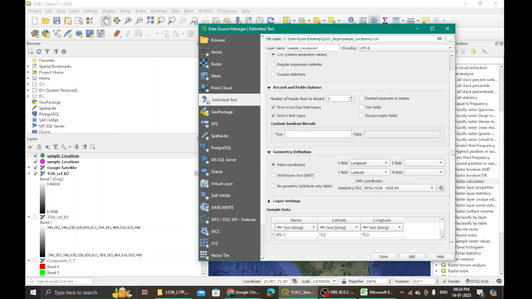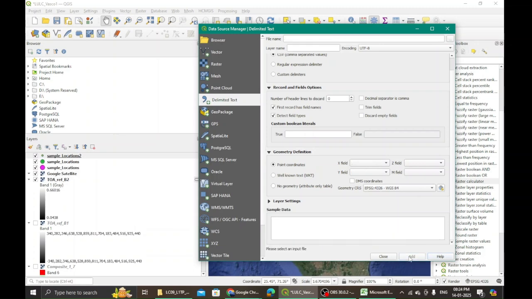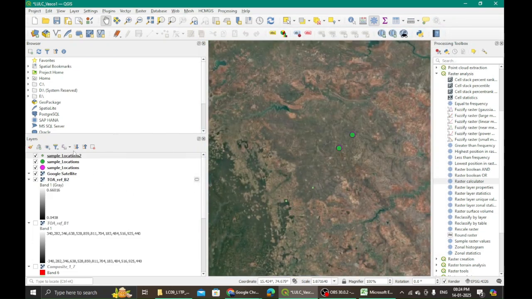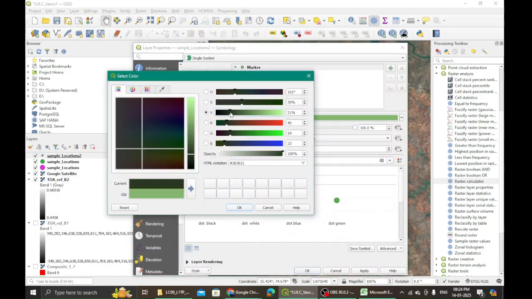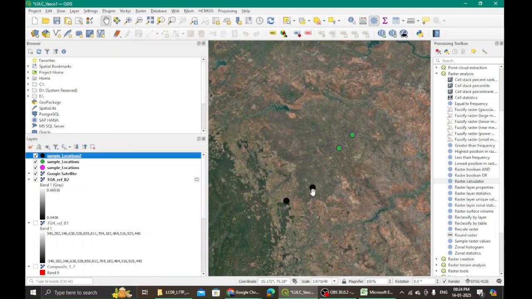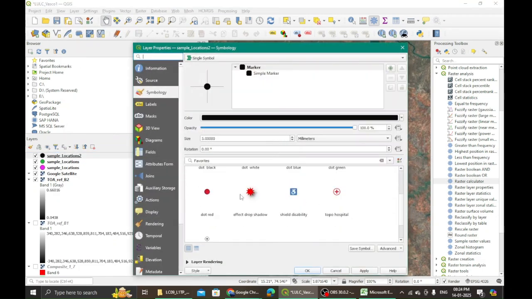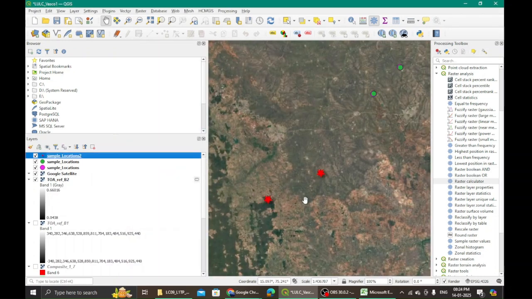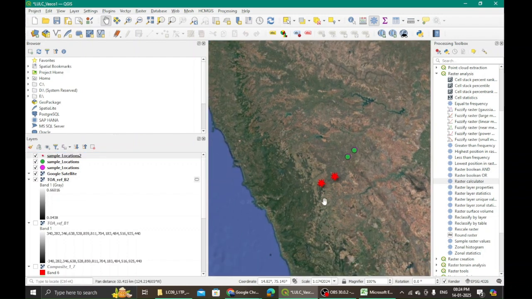Okay, once it is selected, also ensure that your file has been populated over here, and then say add. Once you say add, you will see that it has come there. You see that 2 more dots have come there. Right click on it. You want to change its symbology. Let's say I want to make it black. I say okay, and I want it to have size 5. Apply. Okay, so they have come. You can also change these symbols, whatever you want. You want to give it this fancy one, give it whichever you want. There was a plus sign also. Okay, so we have located our samples.